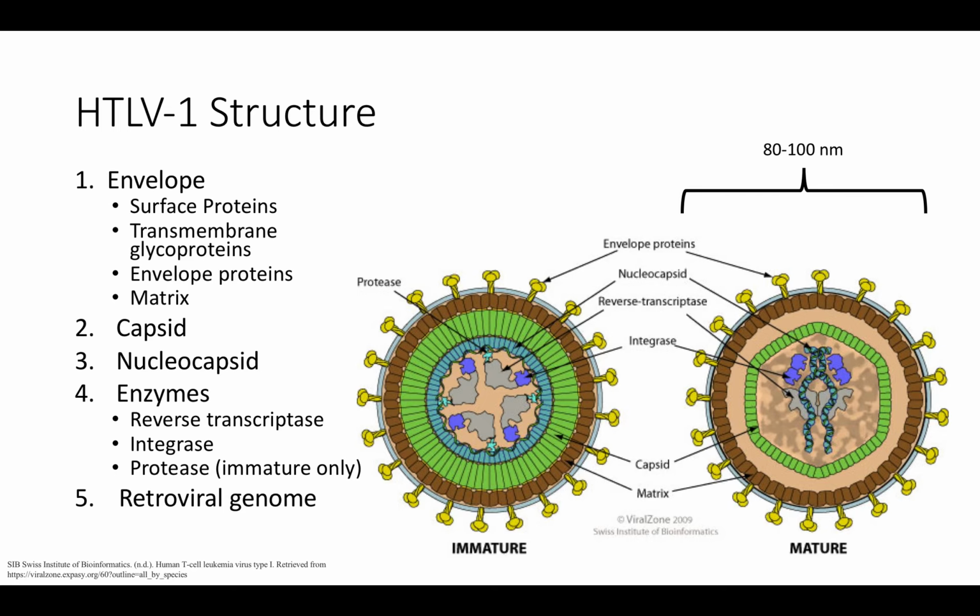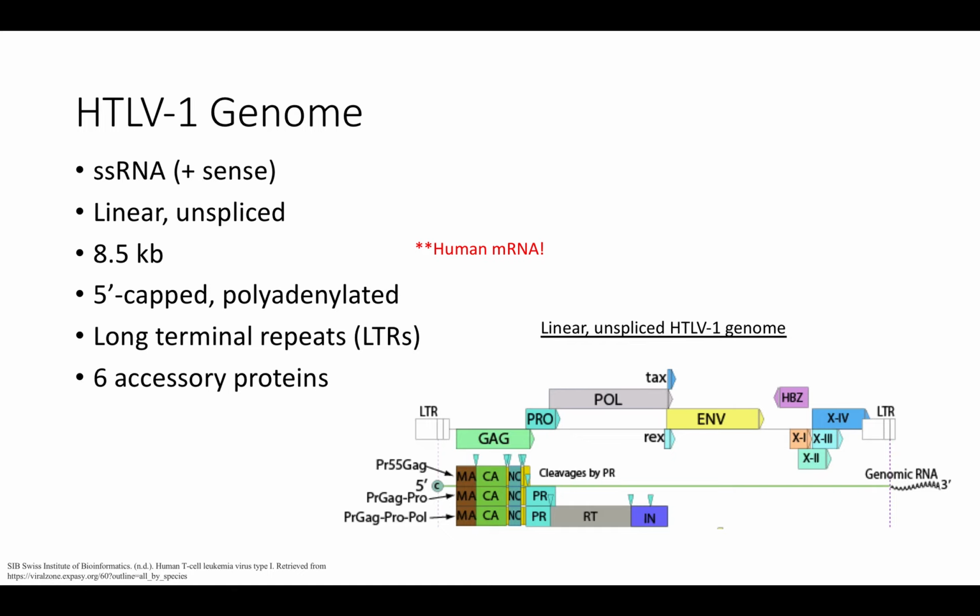The HTLV1 structure includes reverse transcriptase, integrase, and proteases in the immature virion, as well as the HTLV1 genome. This is, again, a single-stranded RNA virus, which is in the plus sense. It's linear and unspliced. It's also one long 8.5 kilobase strand, and it's 5' capped and polyadenylated, which, if we remember back to human mRNA, is 5' capped and polyadenylated, so it resembles human mRNA. It has flanking long terminal repeats,